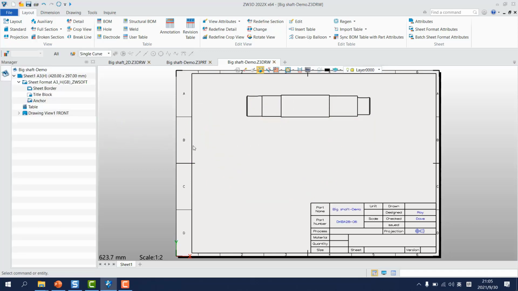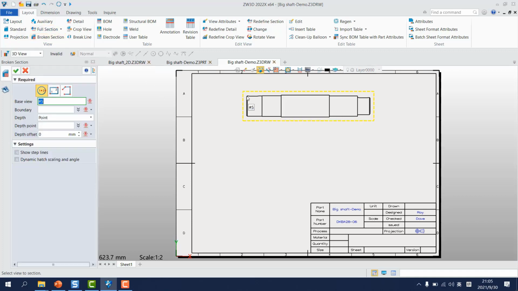and finish. Then we can go to the broken section to create the broken section, the base view and okay, and depth mode. So you just check this option is not ticked. Okay, and another side, depth